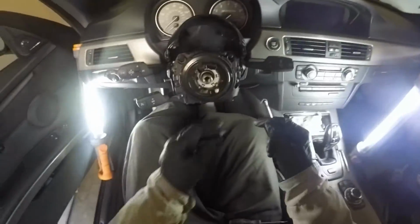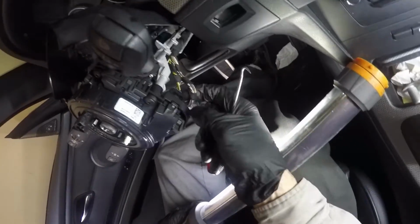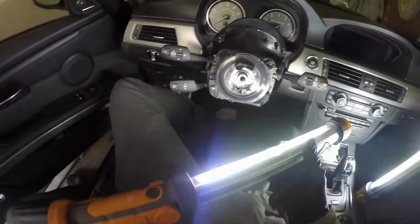Before we do that, we've got these clips on the side for the harness. 2 wire clips right here, wire limbs. So I'm gonna have to get all acrobatic and